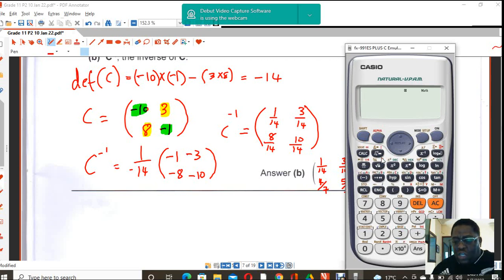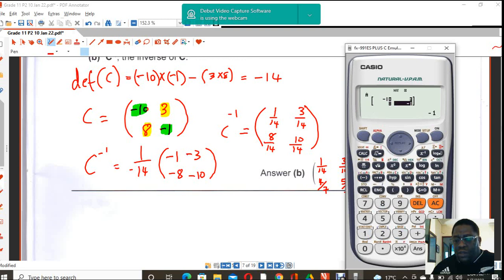So let me see, we go to 6 matrix and then we pick 1, and it's a 2 by 2 matrix. We pick 5 and we enter the elements. So we're going to say -10 equal to 3 equal to 8 equal to